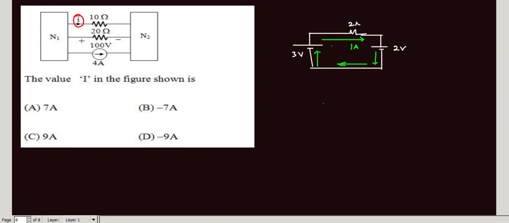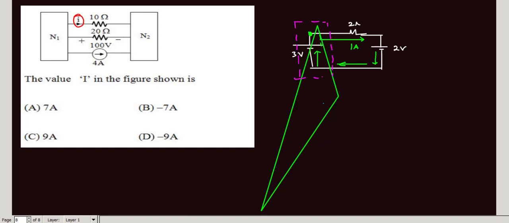Okay, so current is entering from one network to the other network. If you consider this as one network, with the 3 volt source, and this as the other network, then whatever current is entering here and leaving here, the 1 ampere going from node A to node B, the same current comes from the other network. Whatever current flows from this network to the other network, the same current leaves from the other network to this network.